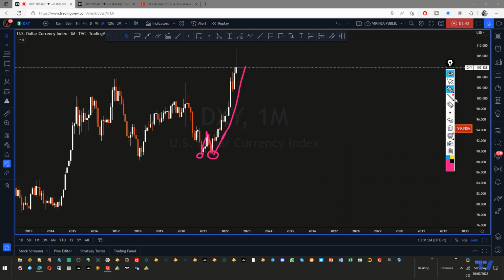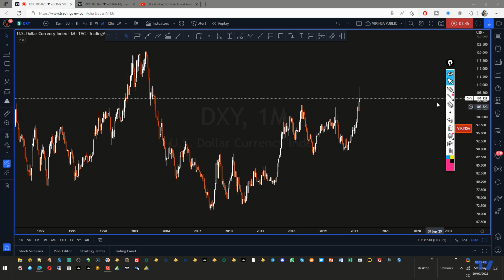Now, why we were expecting it to go much higher than where it is right now, and in fact it can go still higher, is because of this reason. I have already covered this several times in previous analysis. If I look at the multi-year structure of the dollar, what I could see is that the market was actually creating a W pattern, and this W pattern is about to get completed. We'll talk about that in a second when we look at the other chart of the dollar index.